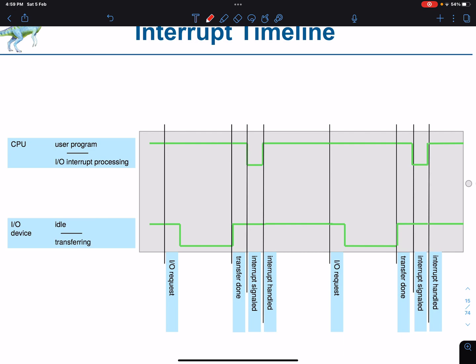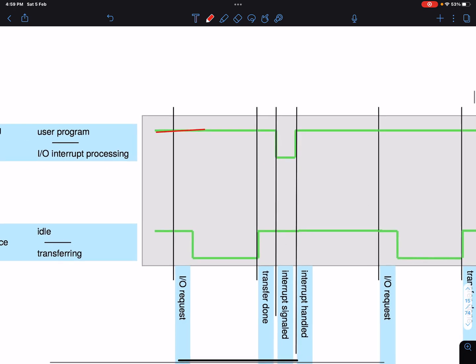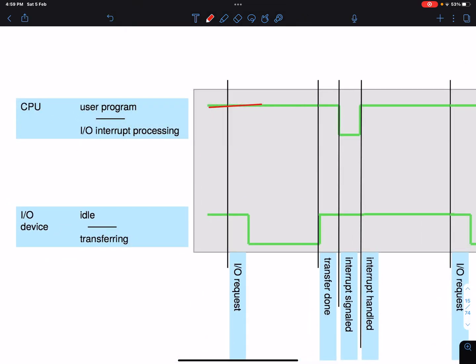Here the user program is working. Here is the user program. Here you have an idle case, so the CPU is idle. Then an interrupt happens, an I/O request, so the data gets transferred from the I/O.